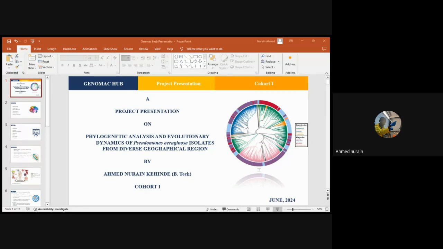So why are we using 16S rRNA? 16S rRNA is a highly conserved gene found in all bacteria, and is commonly used as a phylogenetic marker to identify and classify bacteria species. So for our study,